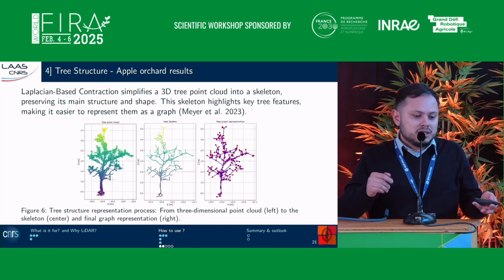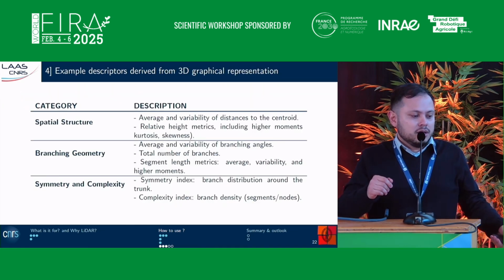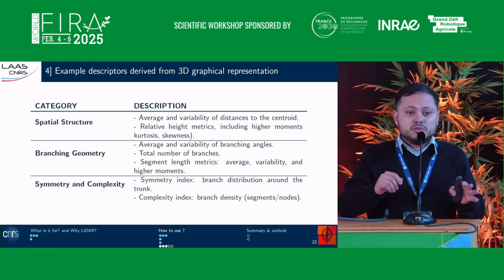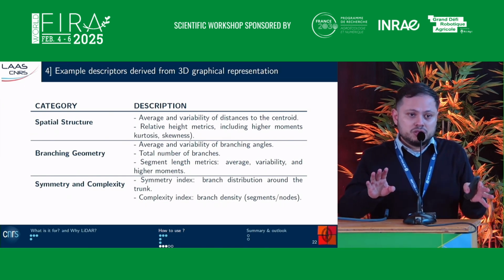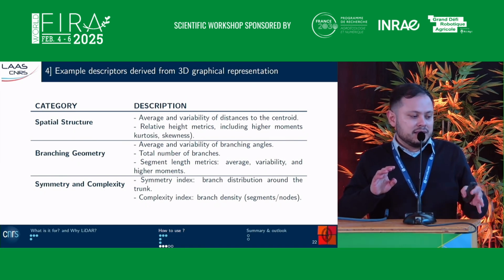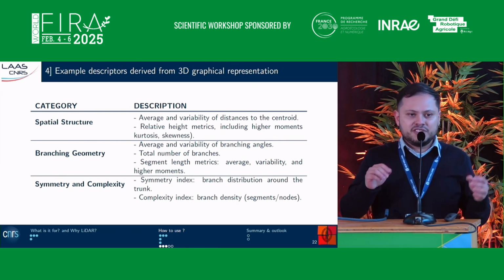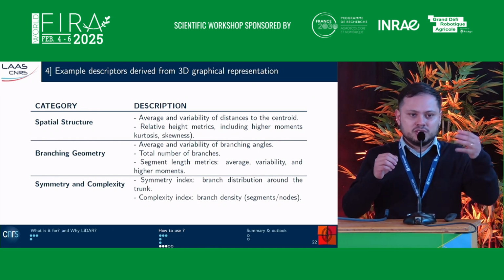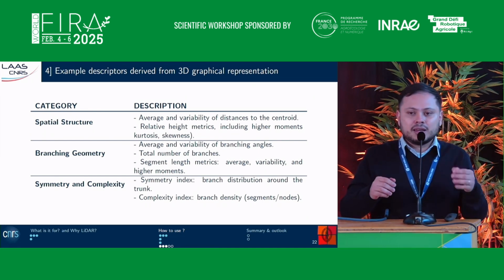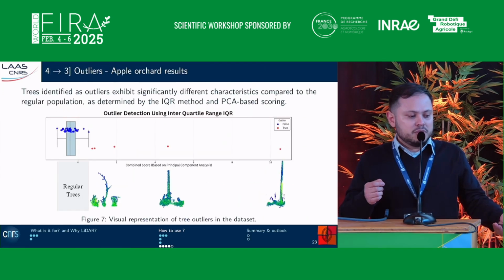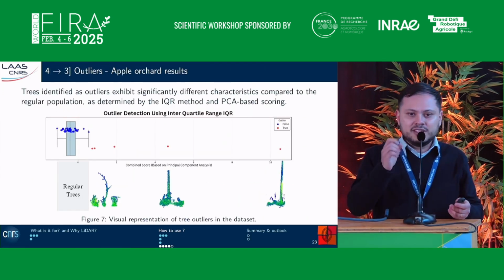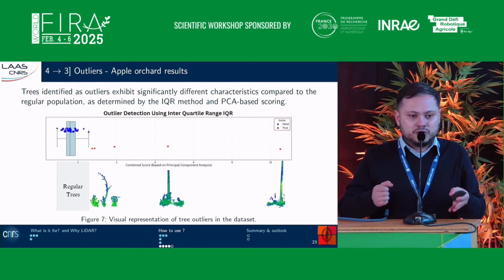with the significant information. For this example, we can use very simple features or descriptors. In this case, we are using spatial structure, branching geometry, symmetry, and complexity. So we can build for each tree a feature space, a representation of information for each tree, and we can compare. With this information, for instance, we can filter what for us are trees,